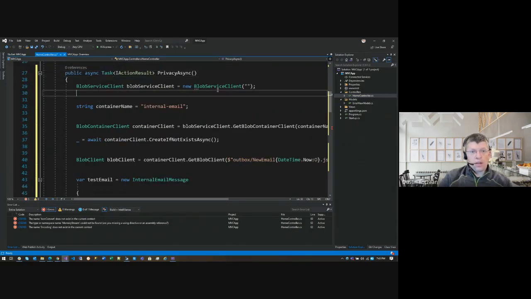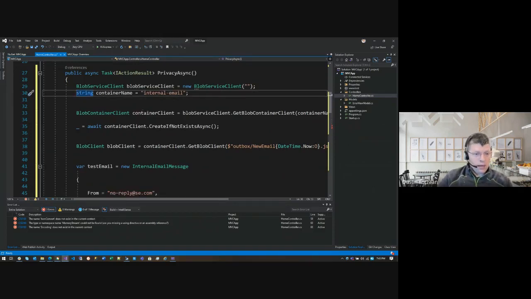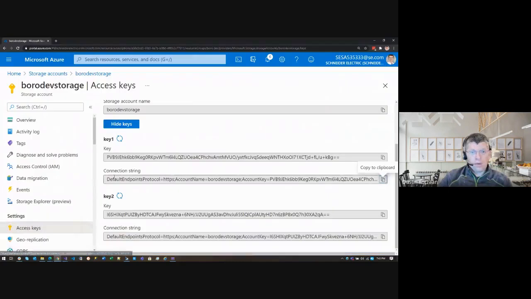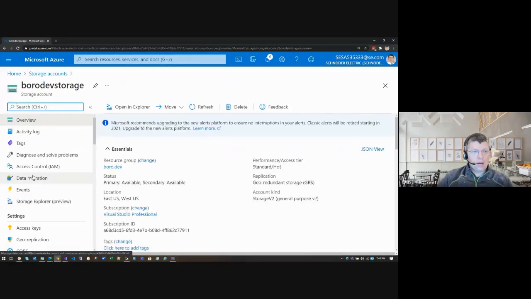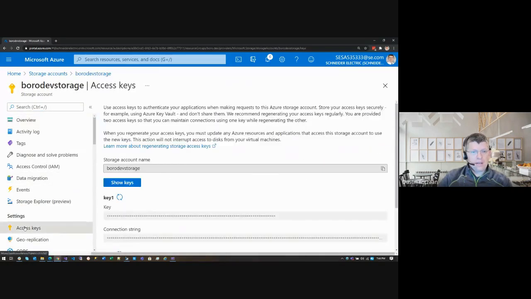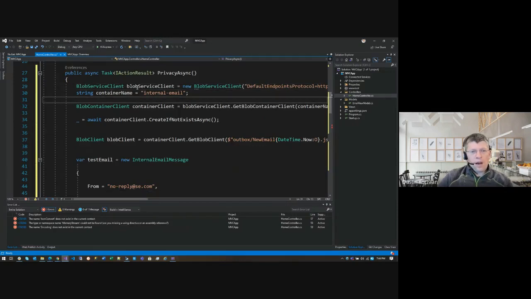All right, so what's this going to do? It's going to create a blob client. To create a blob client, we need a connection string. We did this earlier, but here on our storage account, our Bro Dev storage account, under access keys, we have an option to see our primary connection string. We'll copy that. Again, we're pasting in code. You would abstract that out to your app settings, but now we have the ability to connect to Blob Storage